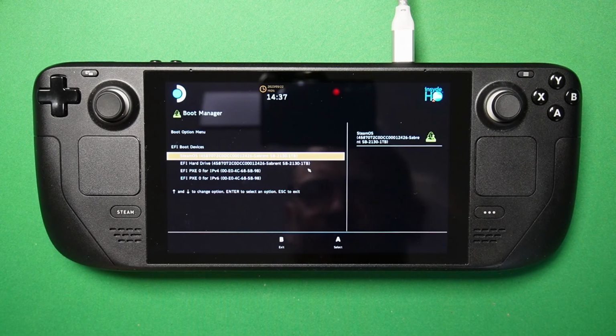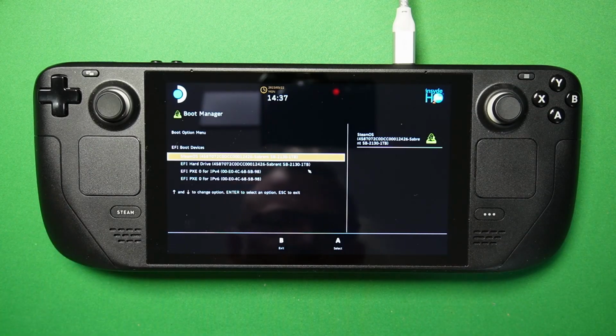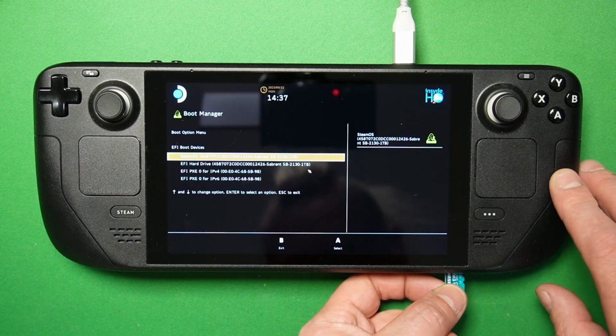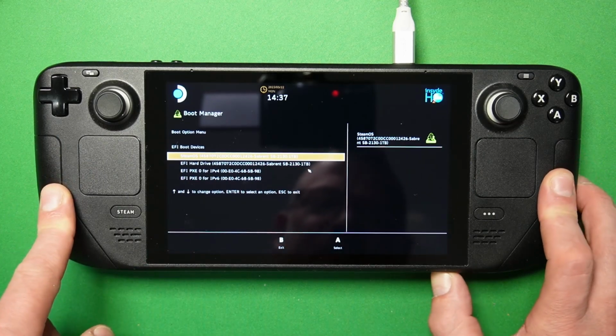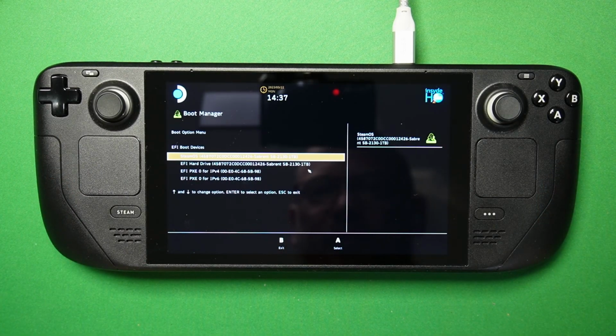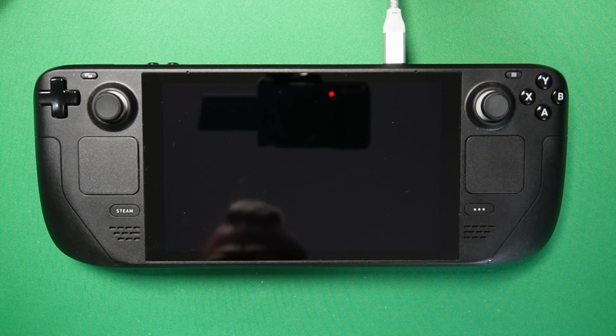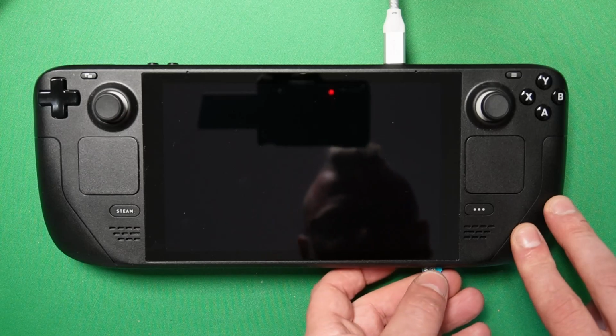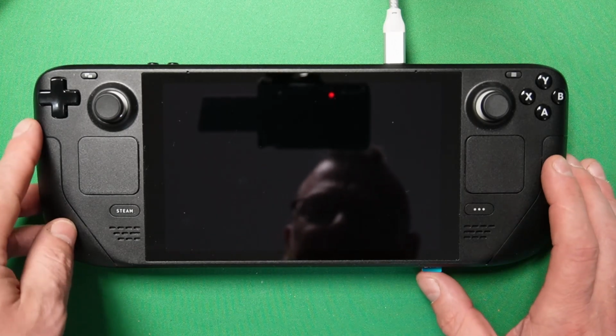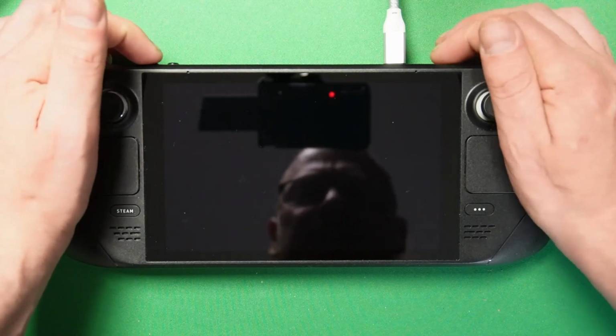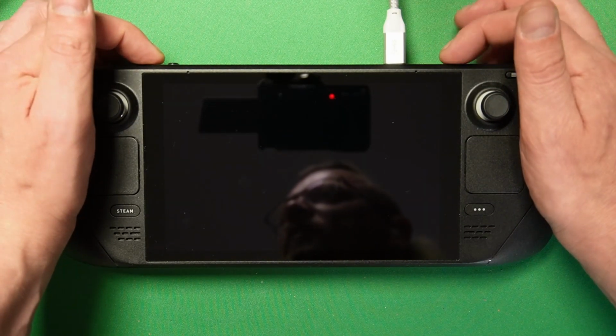And our recovery disk is not there. This has happened to me before when the recovery image just seems to be one use. Strangely, every time I fire up a recovery image, it works one time and then it never works again. That is really annoying. So annoyingly, I had to burn that off yet again. It seems to be single use, this recovery image these days. I don't know why, but every time I burn it onto a USB stick or an SD card, it only works once. But anyway, so I inserted it into the USB slot, minus and power on,